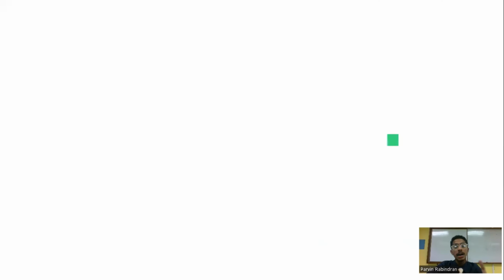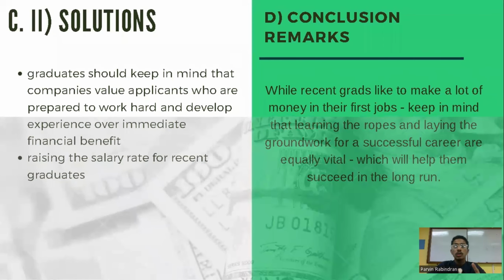So, to overcome this mindset, graduates should keep in mind that the employment market is extremely competitive and that many companies value applicants who are prepared to work hard and develop experience over immediate financial benefit. Students who are willing to start out at the bottom of the pay scale in order to obtain valuable experience and prospect valuable experience in their industries are the ones who will ultimately prosper. They'll get to show their true worth to the prospective employers while also laying a groundwork for a successful professional